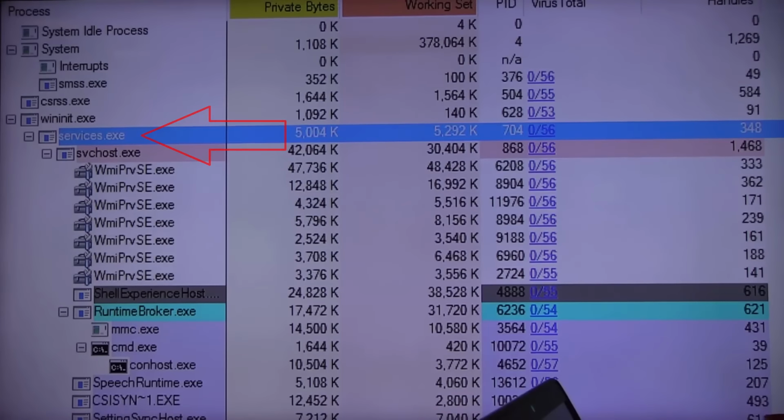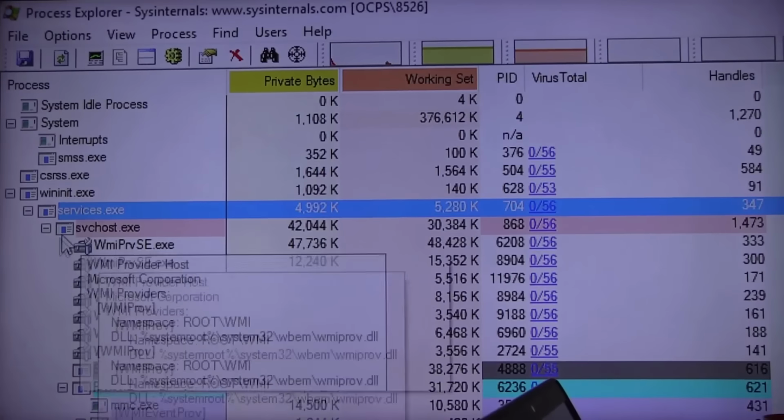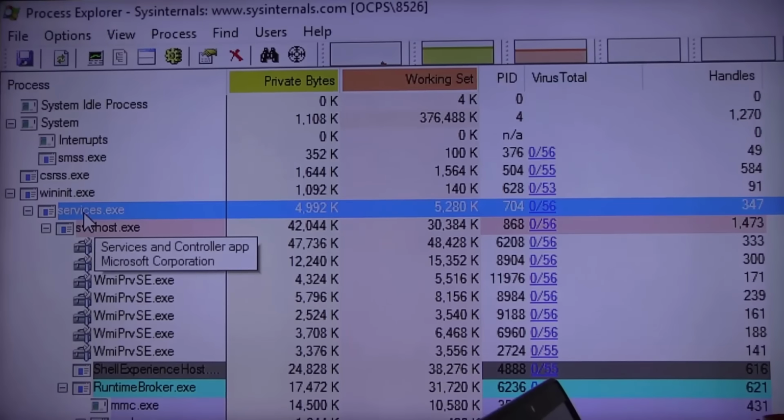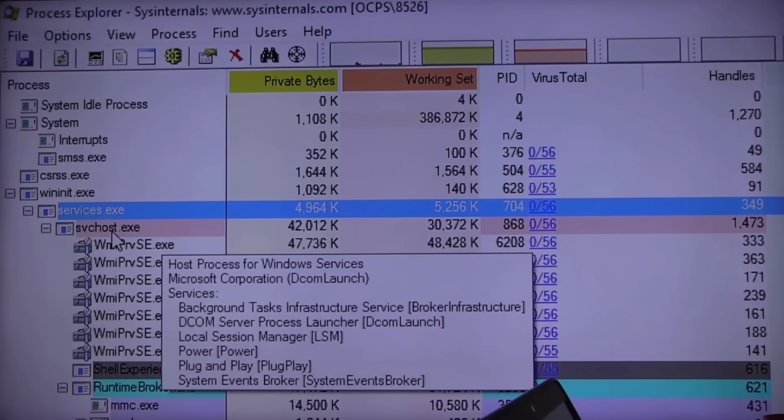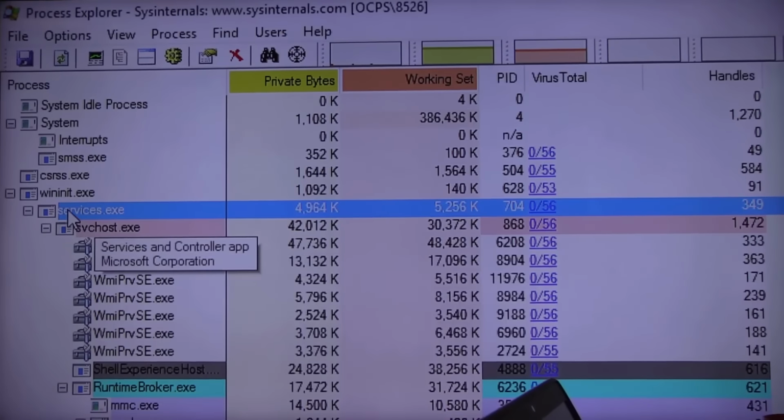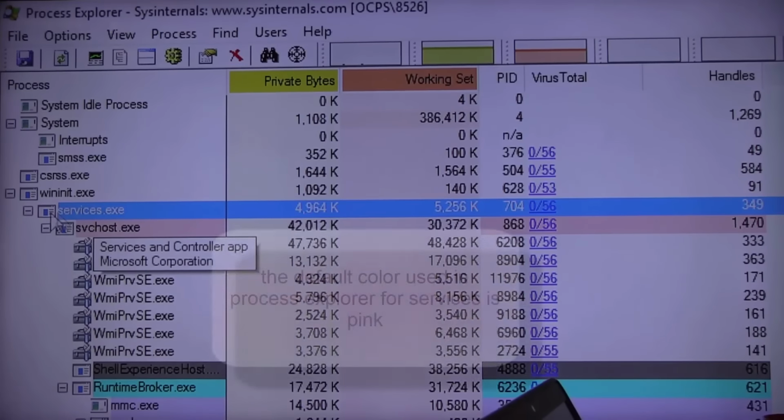We're going to often, I like Control F. So here, you can see this is that process right there, the service that controls all the services running. Now, Mark Russinovich, when he designed Process Explorer, he said that pink, the color pink, is the color he used to identify all services running. So I want your attention. There is a pink one right underneath services.exe. So this is Service Control Manager.